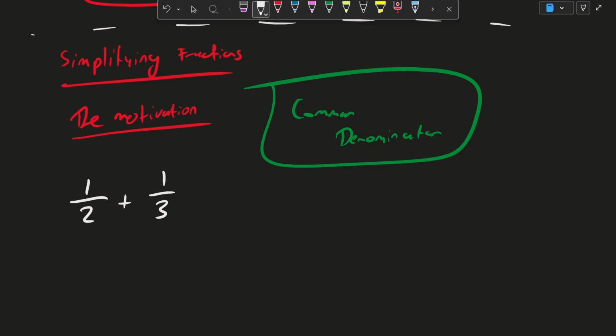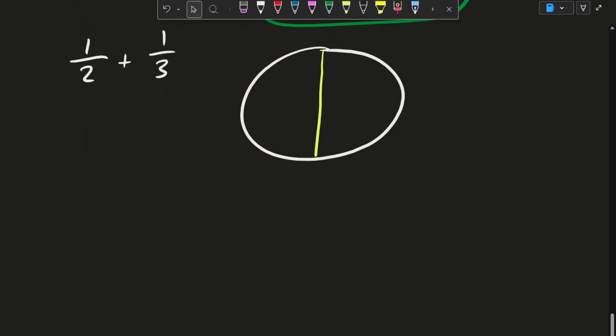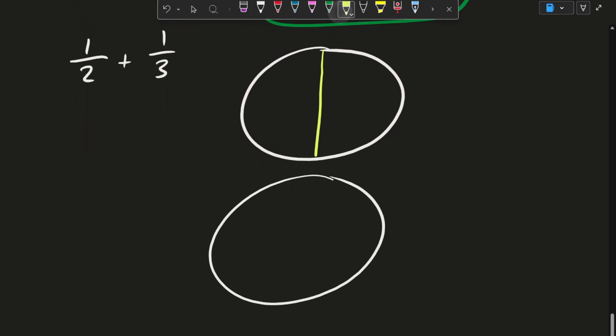You might have been taught, okay, we need to make a common denominator, so we'll times this one by 3 and this one by 2, and boom, there's the answer. But the reason behind why that works is because we can only add in relative portions. So what I mean by that is the classic example of a pizza. If I was to cut a pizza in half and then cut a separate pizza into thirds, I'd wonder how much pizza I would have eaten if I ate half of this one and then a third